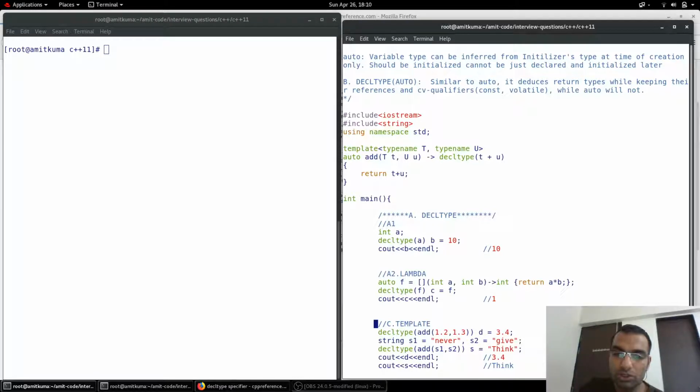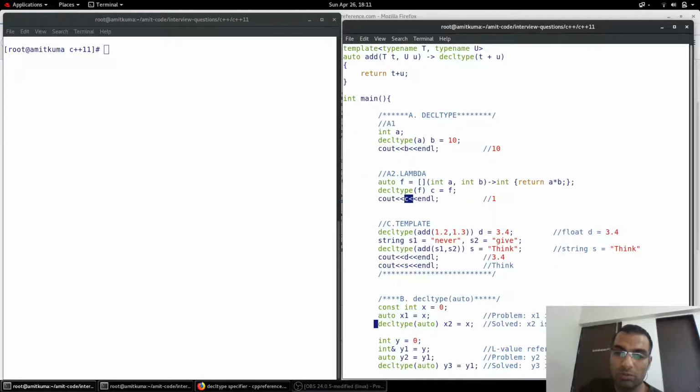In the lambda function, this is the environment variable list, this is the parameter list, this is the return type. So here if we deduce the type using decltype of a function pointer f, then c will be of type int and its value will be printed something like this.